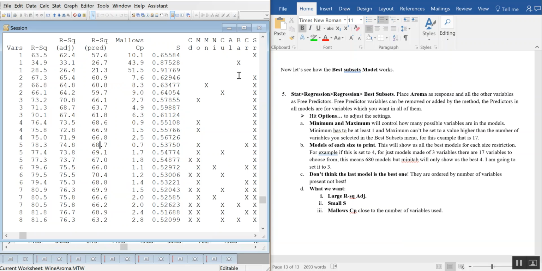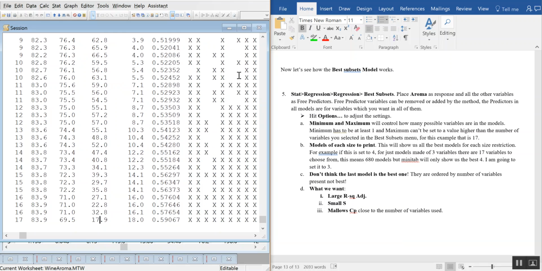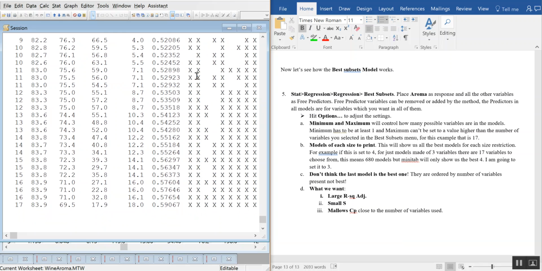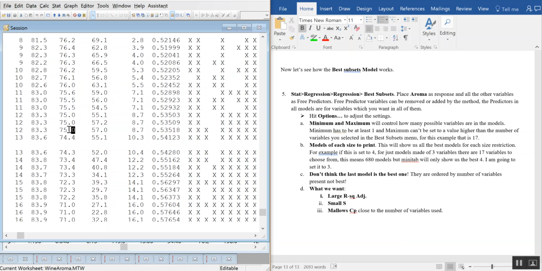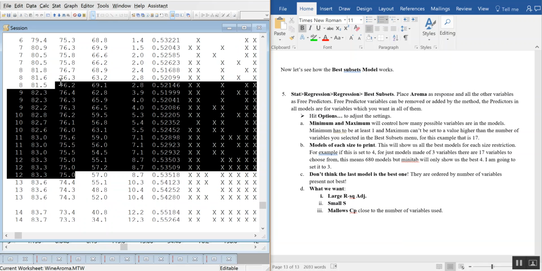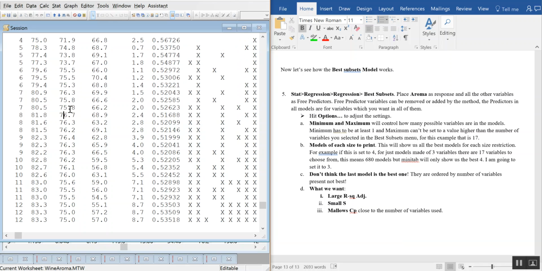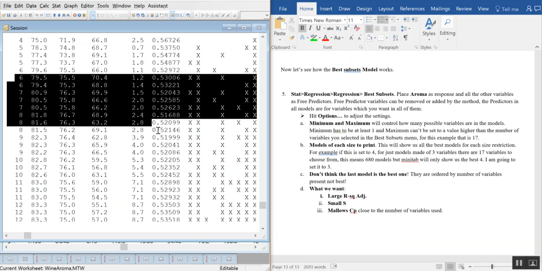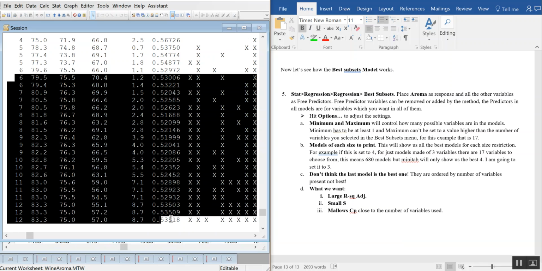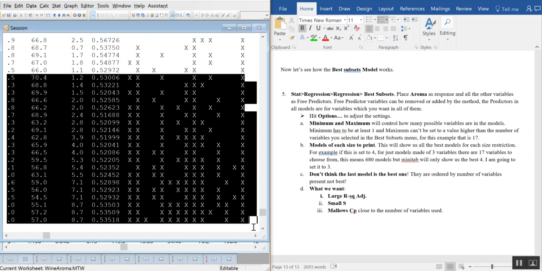first is, hey, who seems to have the best R squared value? And don't make the mistake of thinking, oh, well, it's going to be the last guy. I'm sorry, R squared adjusted. Oh, look, he's not so great, not even as good as the one above him. Notice there's only one model size 17 because that's just throw everybody in there. In fact, if you scroll up, it looks like the 12 to even all the way down to 6 range are better. So that's what we're going to look at. We're going to look at this range of values and try to decide from this list who's going to be